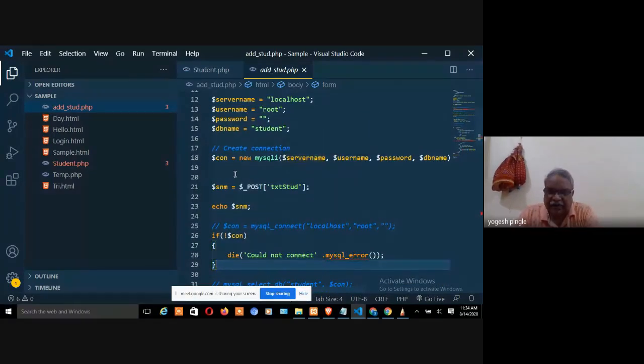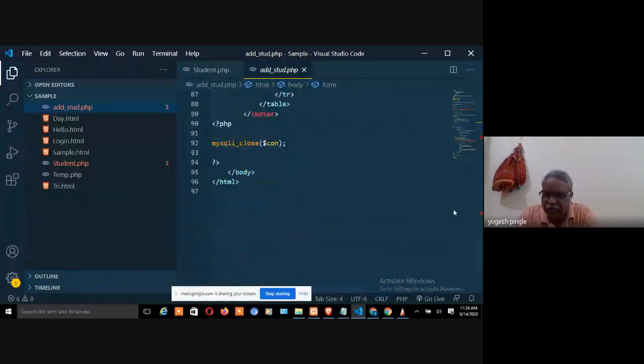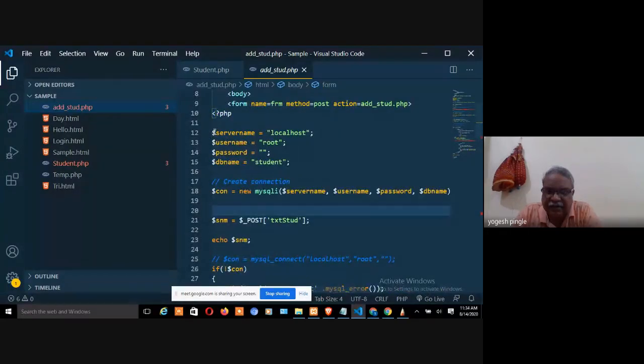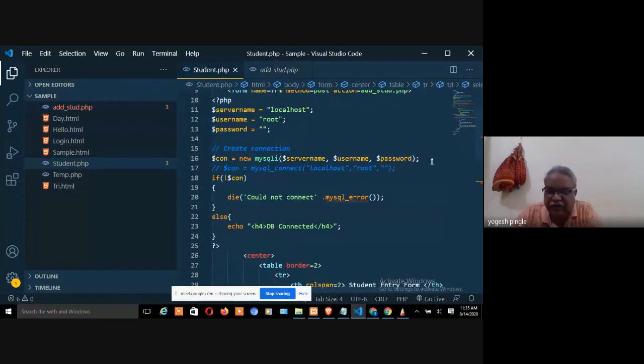I am getting the error, right? Actually, because of this. That's what I was telling you, because here I have not added the database. So the database is important, right? Because I have not added a database, it may give me the fatal error. So let me change the code.